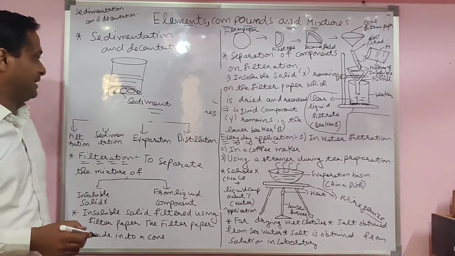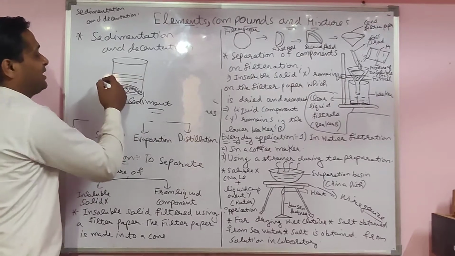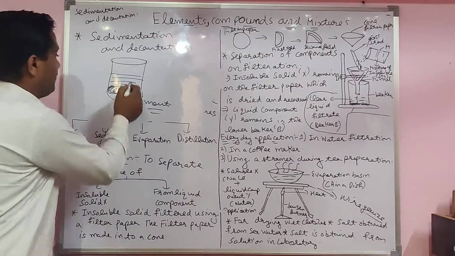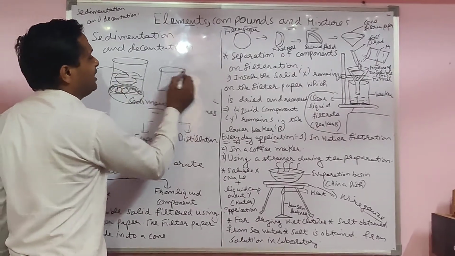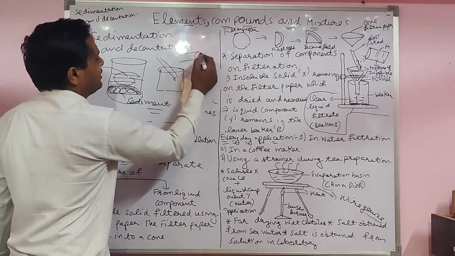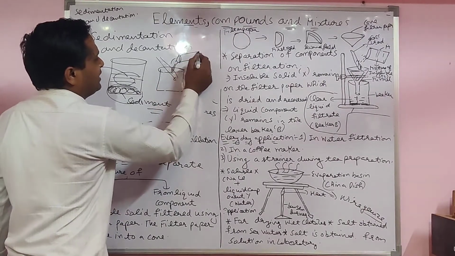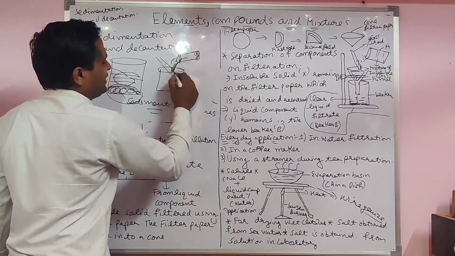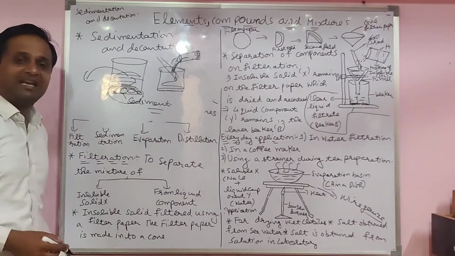That is called sediment. When it has settled down, you take the beaker and tilt it and pour, like this, so the water above comes down. For example, you take another beaker, a glass rod, and one more beaker. Then you add the water slowly. Here the sand is there, and here the water comes down very easily. Yes, you are able to separate the sand and water very easily.